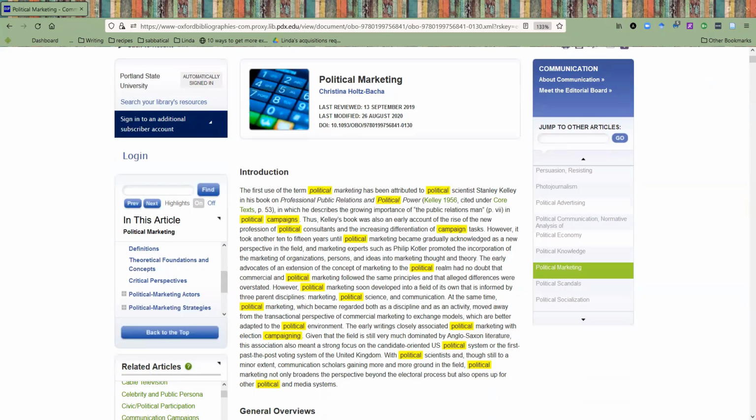And the introduction is sort of an abstract or synopsis on the topic. So I'm going to read the first sentence. The first use of the term political marketing has been attributed to political scientist Stanley Kelley in his book, Professional Publicists and Political Power. There's actually a link to the book, and there's also a link to core text. So if you keep reading